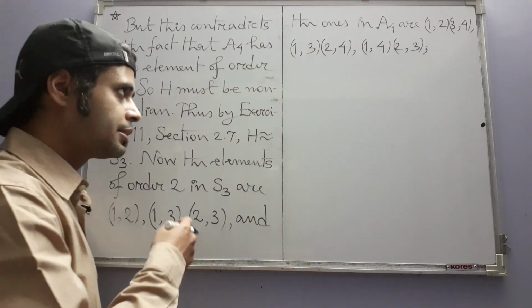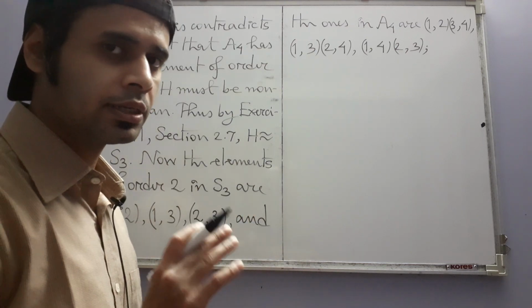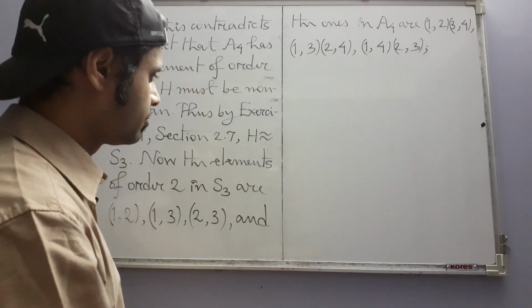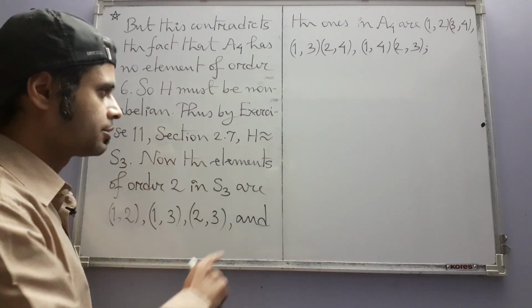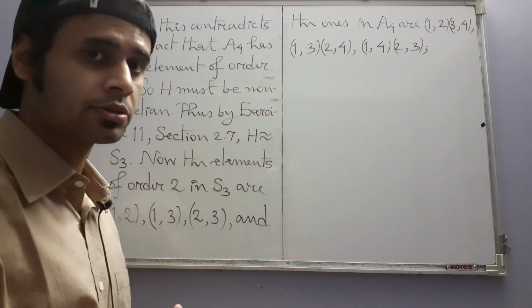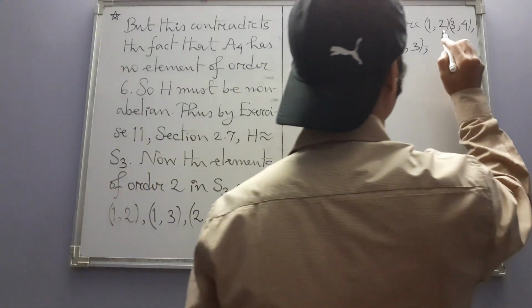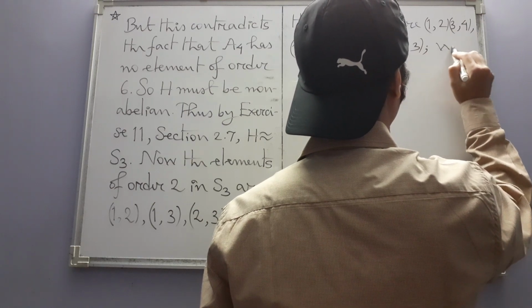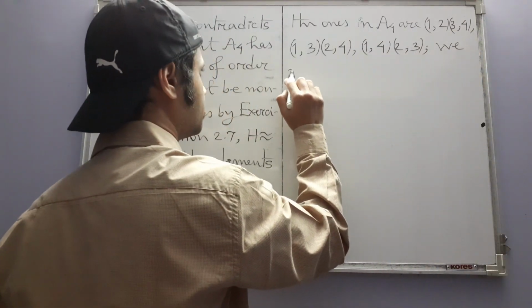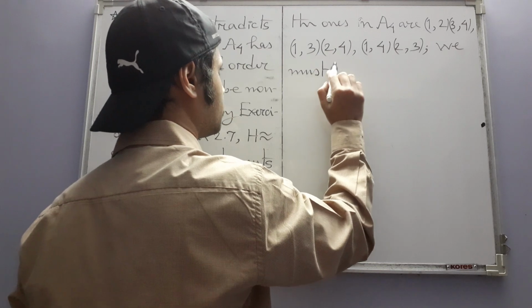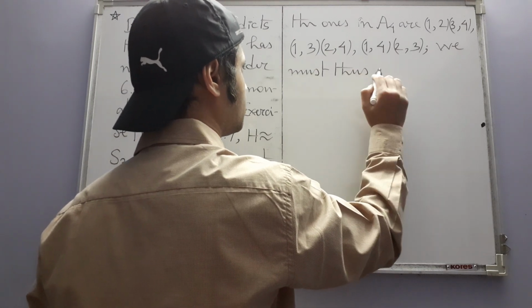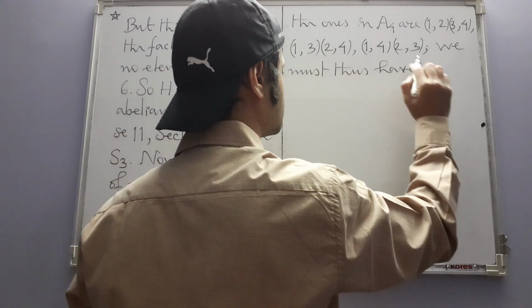Now, because these are in fact the only elements in A4 that are of order 2 and H is isomorphic to S3, all these elements must belong to H. We must thus have